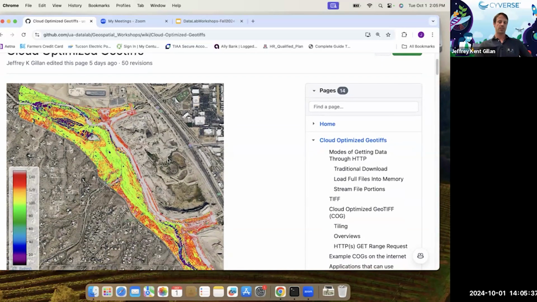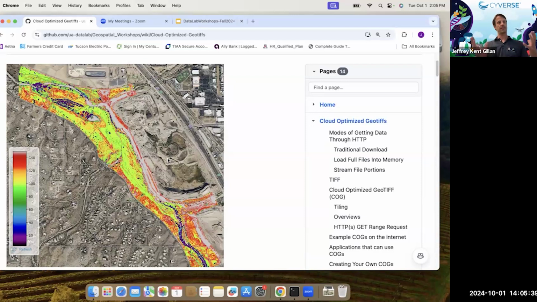What a cloud optimized Geotiff is, it's taking our classic Geotiff, and we are rearranging the creation of it a little bit, the organization of it a little bit, to make it more optimized, I guess is the word they use, for work directly on the internet. So we're going to do 2 cloud native sessions, one today and one next week. And the idea is that